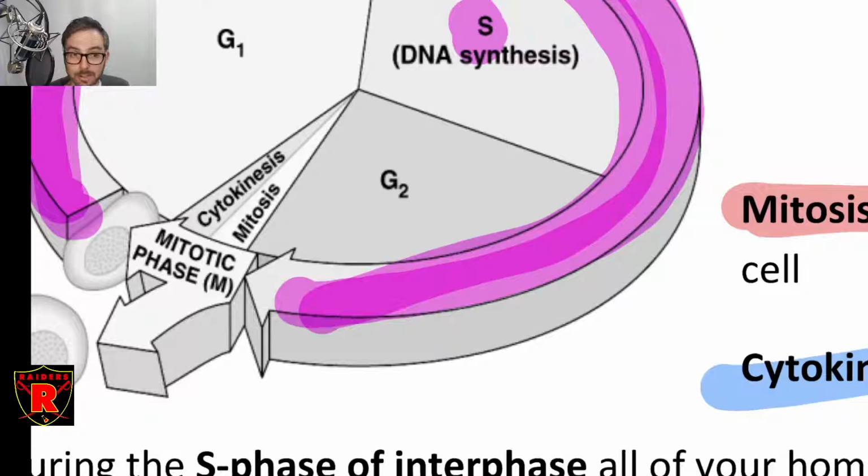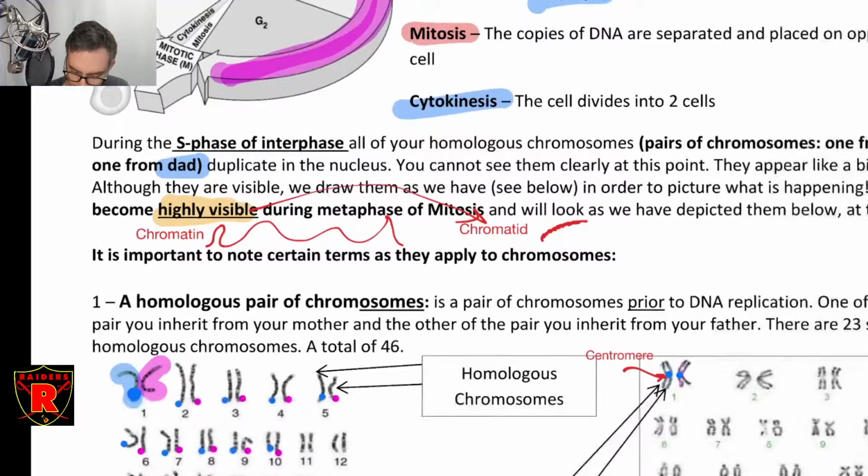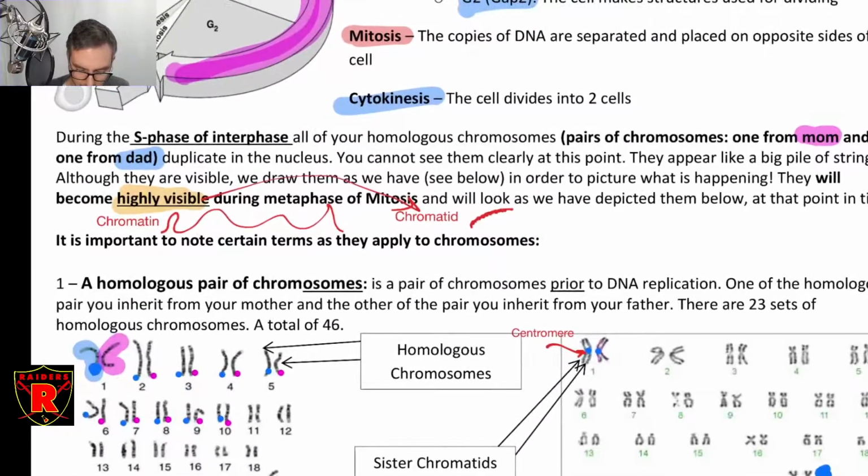For prokaryotic cells, it's considerably shorter, so it takes about an hour usually to go through the whole process. For prokaryotes, it's much simpler. And then cytokinesis is the actual splitting, which kind of begins during mitosis and then it ends at the end. Okay, so I already mentioned this idea that during interphase, you need to make